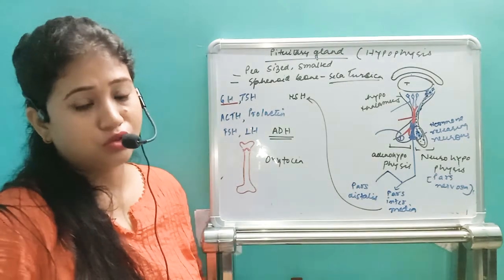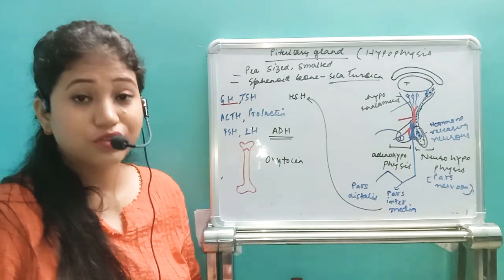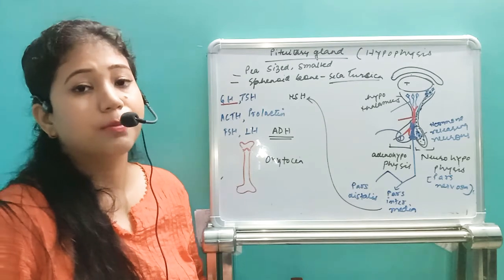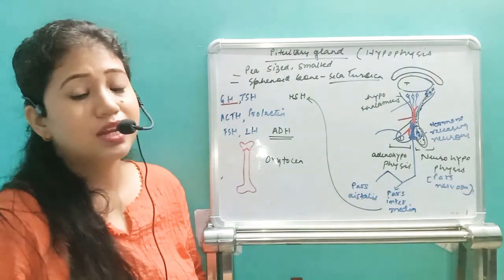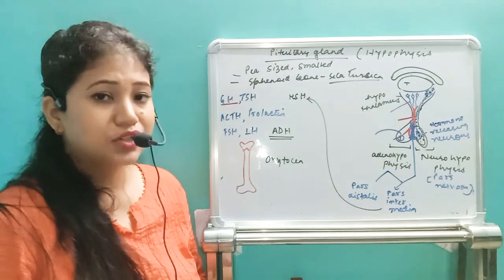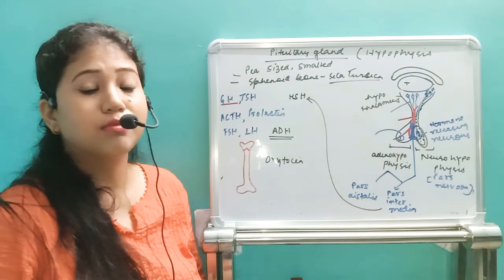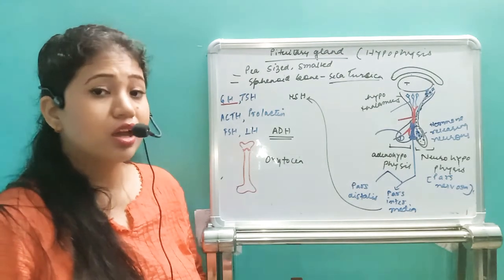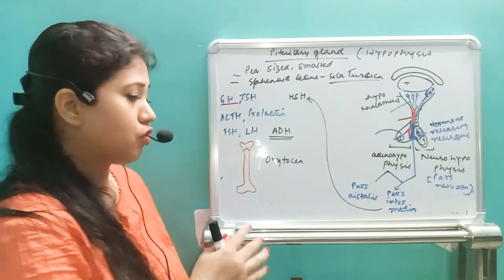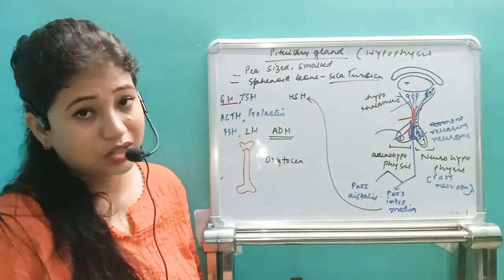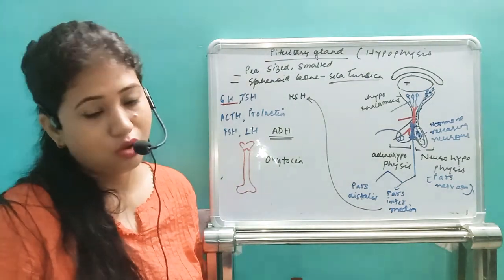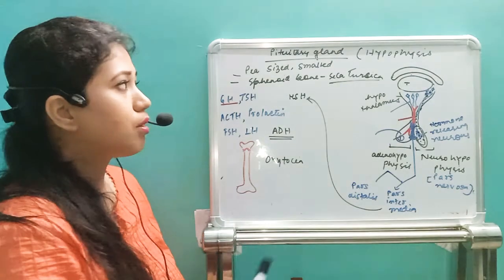The second one is oxytocin. What is the function of oxytocin? Oxytocin is the feel-good or love hormone. It also causes parturition, childbirth, and it is also the milk ejecting hormone. Milk ejection is stimulated by the infant's sucking of the mammary gland, and the mother secretes milk from the mammary gland due to the release of oxytocin. So oxytocin is the milk ejecting hormone, but prolactin is called the milk producing hormone. So just remember that. So this is about the pituitary gland.